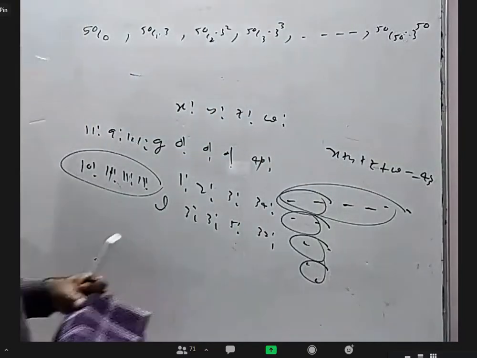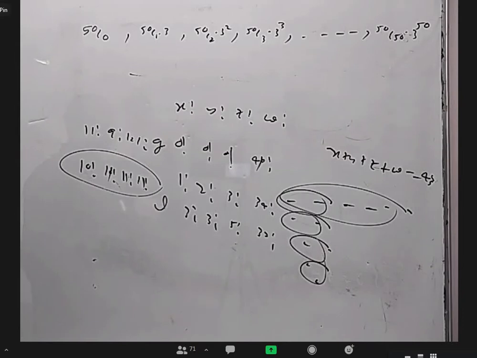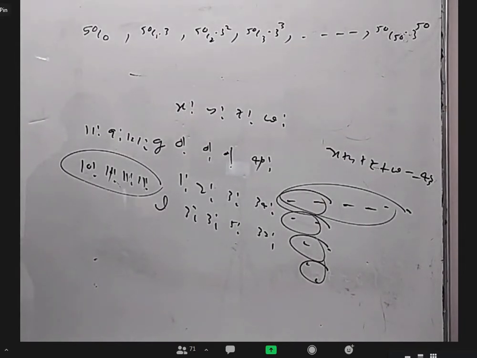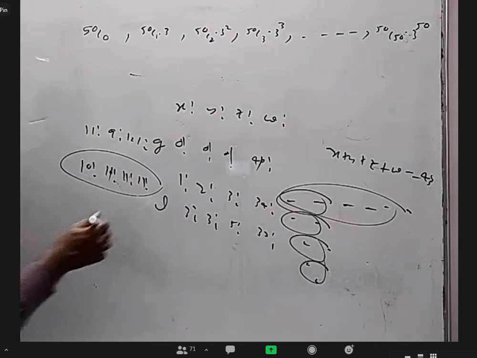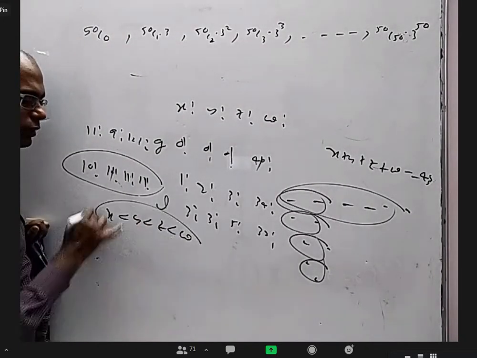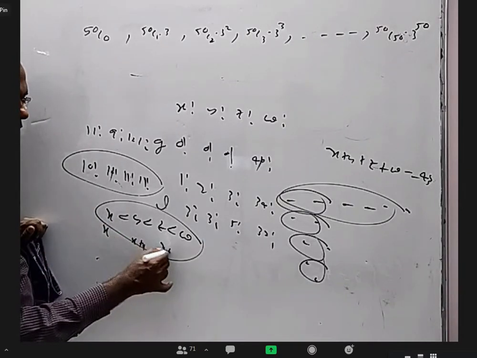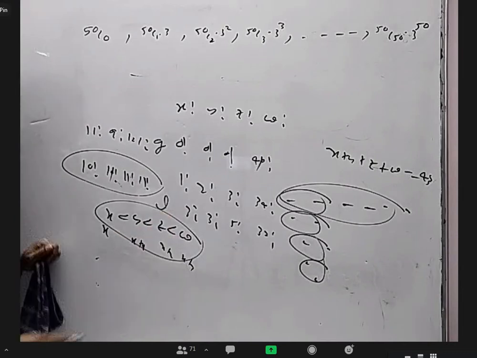Sir, like in the numbers x, y, z, and w, if w is the greatest and x is the least, and x plus y plus z plus w is given as 41, then for what should we write 11 factorial? Sir? You want to make all four least? Do you want to say all four of them are distinct? Yes, sir. Then try to make them as close as possible. x less than y less than z less than w. Don't make them too far. You can take this as x, this is x plus 1, this is x plus 2, this is x plus 3, as far as possible.